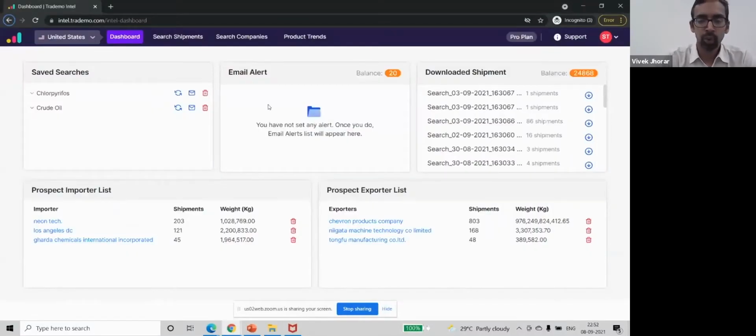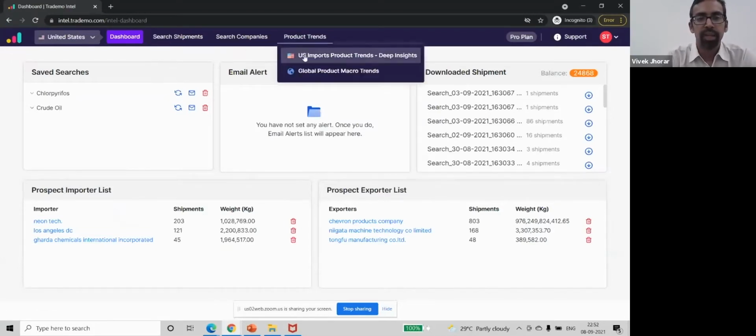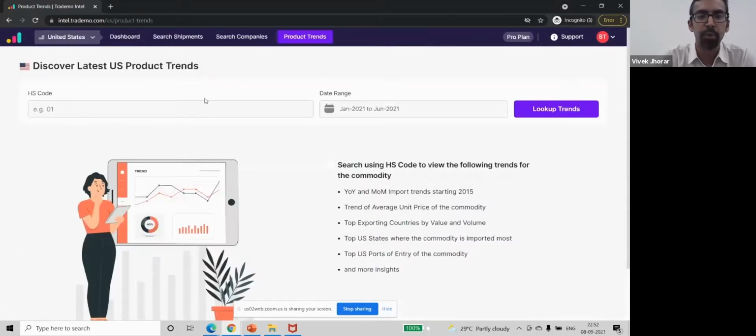Okay, so this is how the tool looks. And since the question was whether somebody can do anything with a data tool on a very basic thing like toilet paper, I will come to how you can make use of this tool. This tool is called Trademo Intel, which is by our company. It can help you use data in a very smart fashion, because we are looking at all the shipments entering the US, Mexico, Canada, LATAM, and a host of other markets, as Shalabh explained. For the purpose of this demo, I will just show how the US import product works.